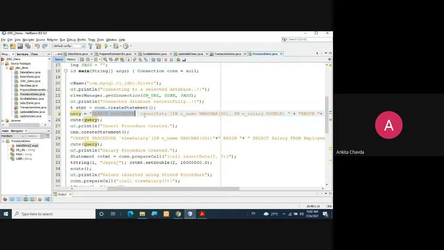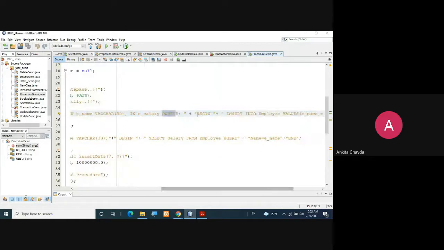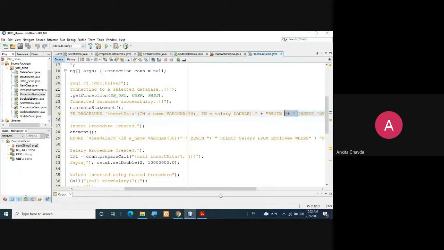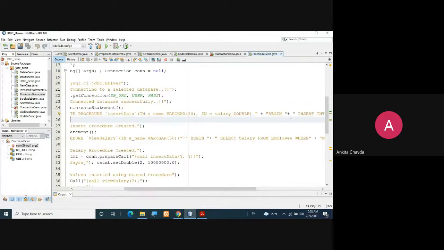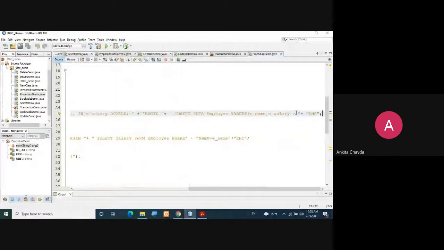Create procedure insert data, in employee name would be varchar of 30, in employee salary would be double, begin, insert into employee. Here employee is my table name, right? Insert into employee values, e name, then e salary, and I'll simply end this procedure.